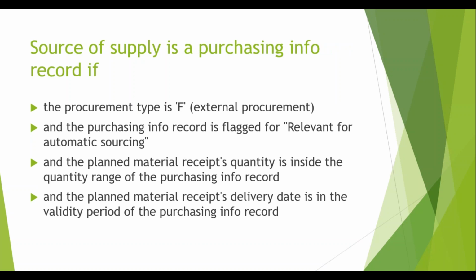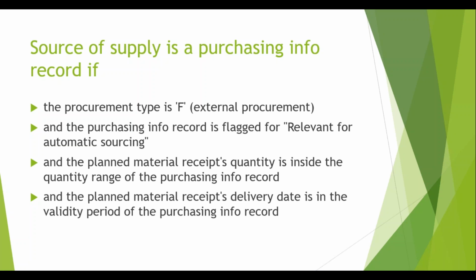Source of supply is a purchase info record if the procurement type is F. Definitely, if it is external procurement, then only this will be triggered. And the purchasing info record is flagged as relevant for automatic sourcing. I showed you one tick yesterday. In the purchase info record, there is a tick which is relevant for automatic sourcing, which means for this material, this